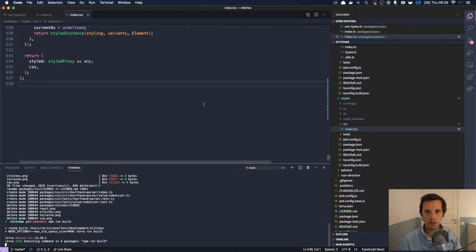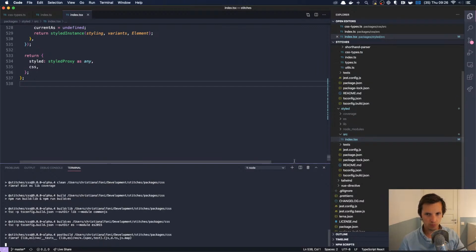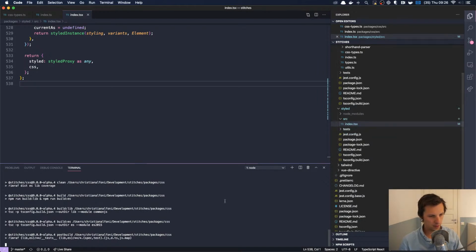Let's see. Getting there. It takes a long time to build Stitches for some reason. Oh, there it built the new folders. Let's just wait until it's finished. All right. I hope, well, I don't know.